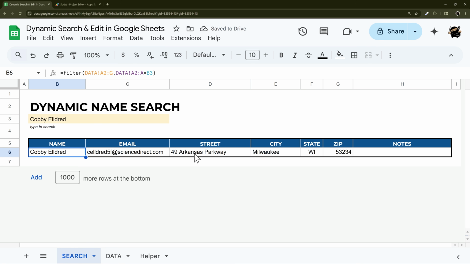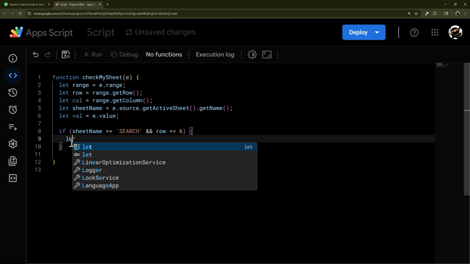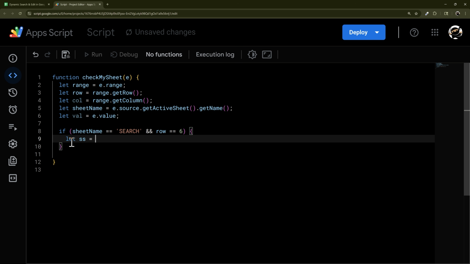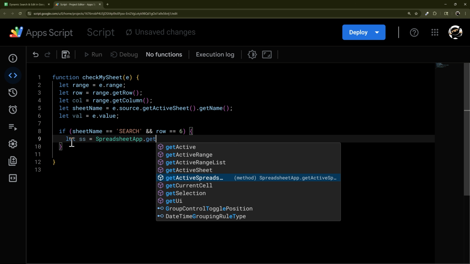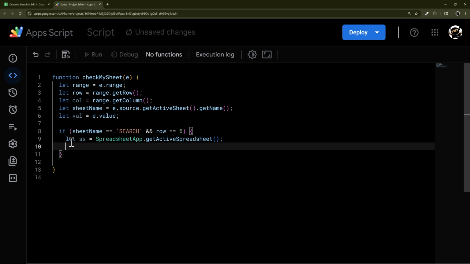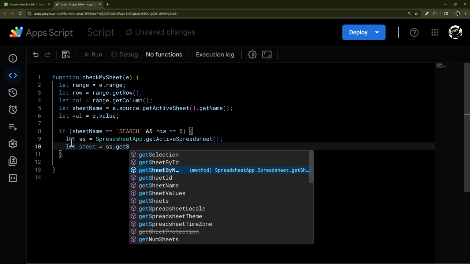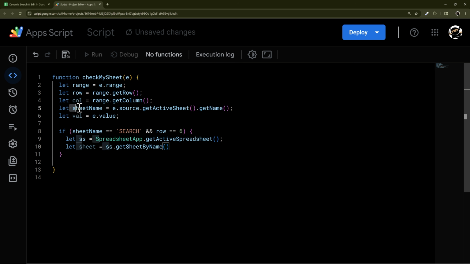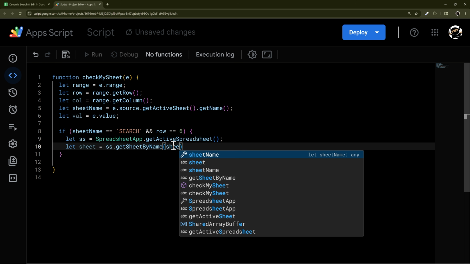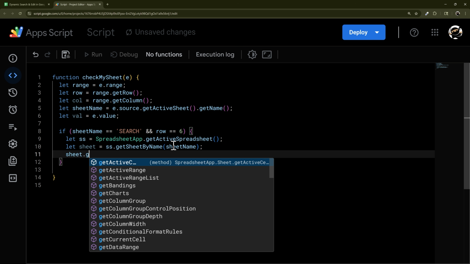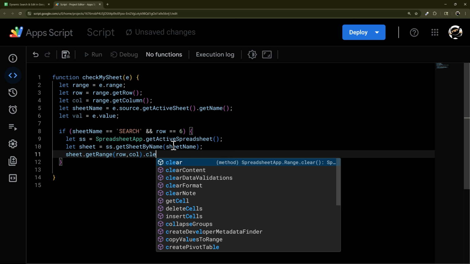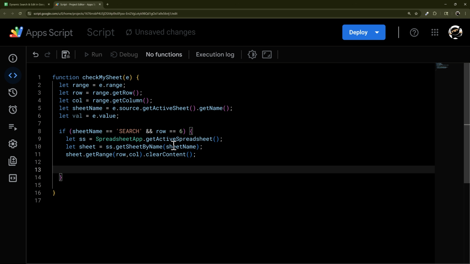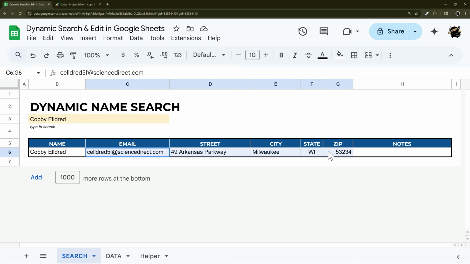can reference that name. And so what we can do then is, first of all, we need to get our spreadsheet. So we'll do that SpreadsheetApp class I was talking about before, and then our getActiveSpreadsheet method. And then now we can do sheet. This will be ss.getSheetByName, and we have our sheet name right here. So sheetName, and then sheet.getRange, and then we have our row and our column, and then we're going to do clearContent. And that will clear out whatever we typed in any of these fields so that we can